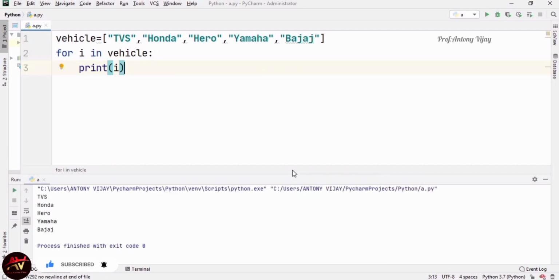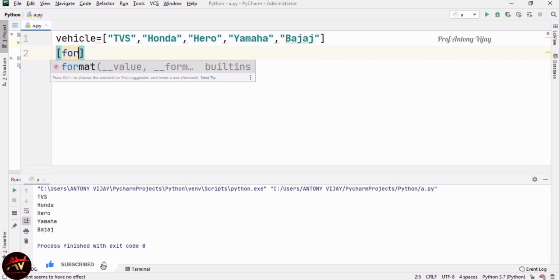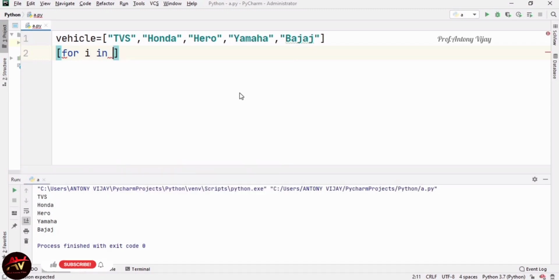Now I am going to show you the difference between a for loop and list comprehension. I just remove this line. Instead of a for loop, I am just using square brackets here. The same for loop, for I in vehicle, but we do not need to mention any colon symbol here.